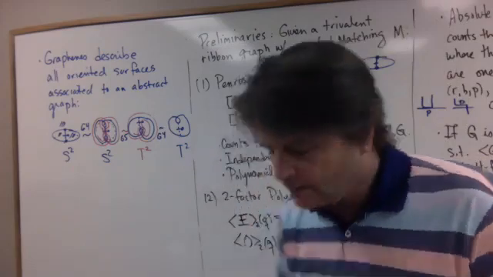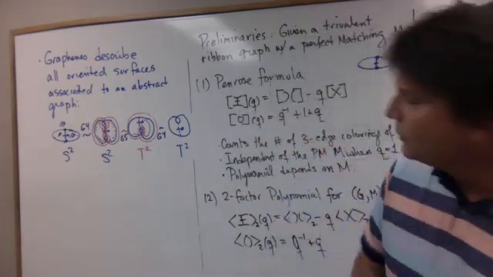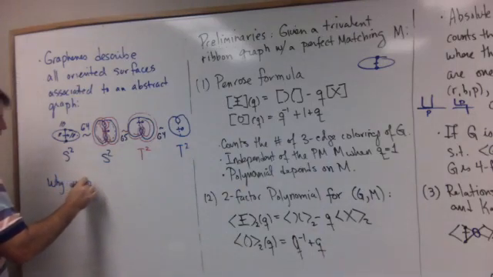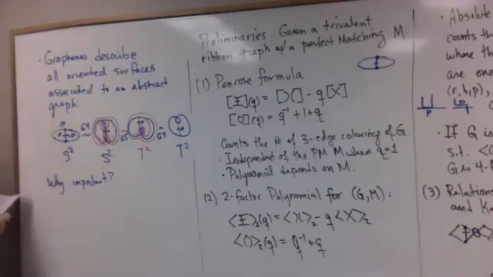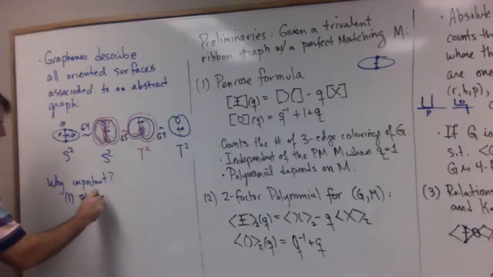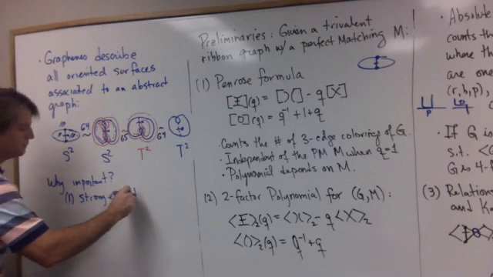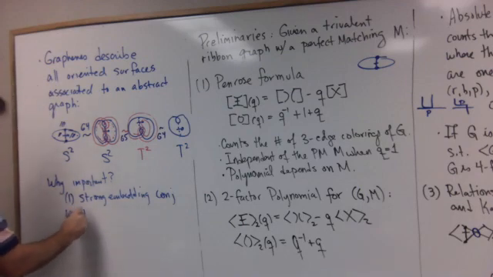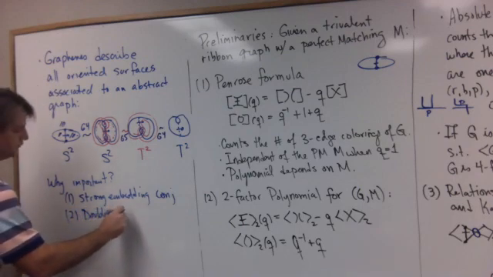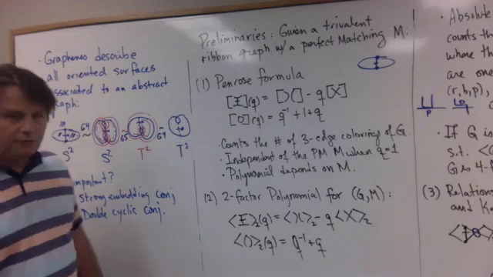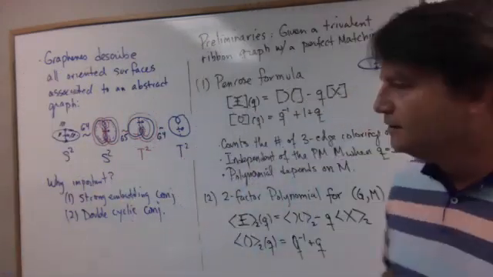And the reason why, let's talk about that for a second. So why is this important? Well, the 2 biggest conjectures right now in graph theory are the strong embedding conjecture, and 2, the double cyclic cover conjecture. And I don't want to get into too much of what they are, but